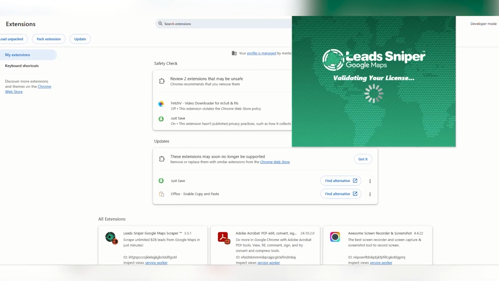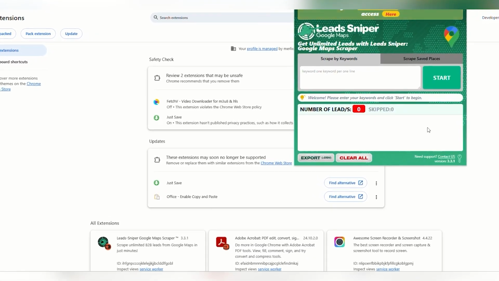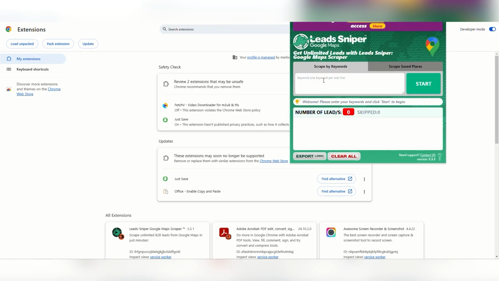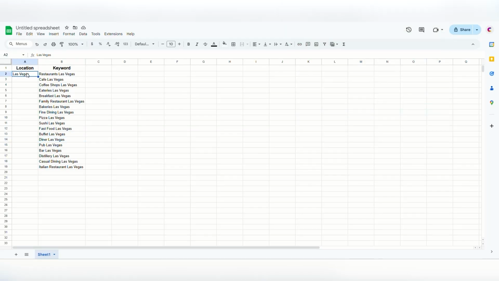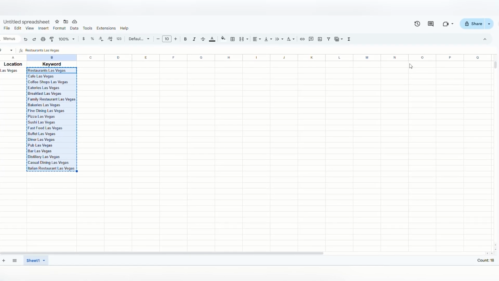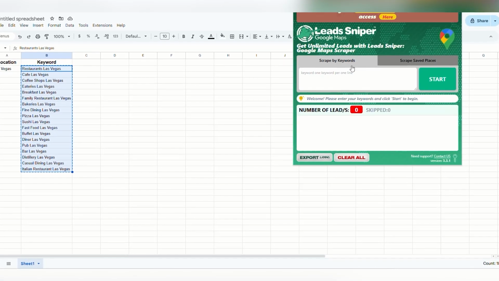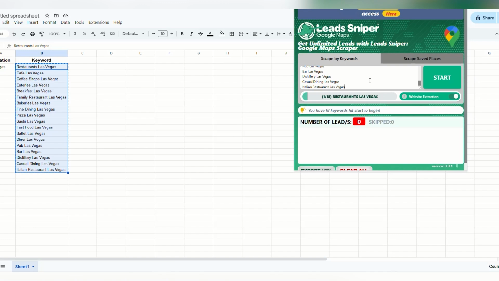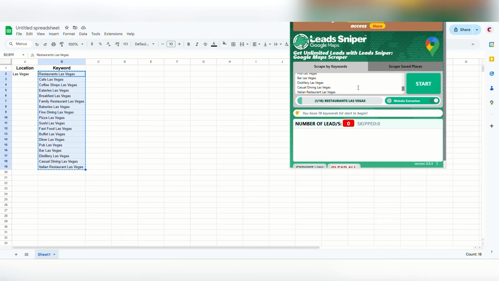When you click on the extension, you'll see that you can scrape using keywords. So for that, I prepared a Google Sheet with the keywords I want to search for. For this example, I'm going for all of Las Vegas restaurants, eateries, bakeries, cafes, and so on. So I prepared the keywords by putting first the type of restaurant followed by Las Vegas. Go to the spreadsheet and copy all of the keywords and paste them into the keyword box provided on this